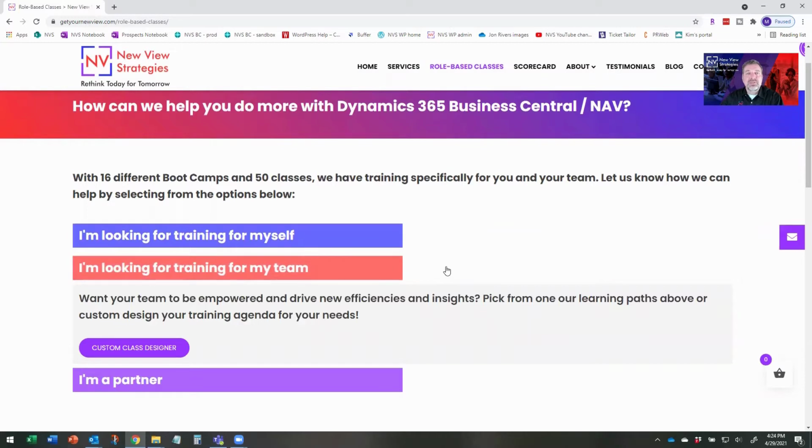And here's a typical scenario that we hear. We have a manager who knows their team is struggling with some particular topics, perhaps from a payable standpoint. They're not using all the functionality that they think they should be in the system, really not even sure what else they should be doing in the system, but they know that they are still struggling. It's probably taking more effort than it should, maybe a few too many errors, and we can certainly help with that kind of scenario. So I have the ability to drill into the custom class designer right here,